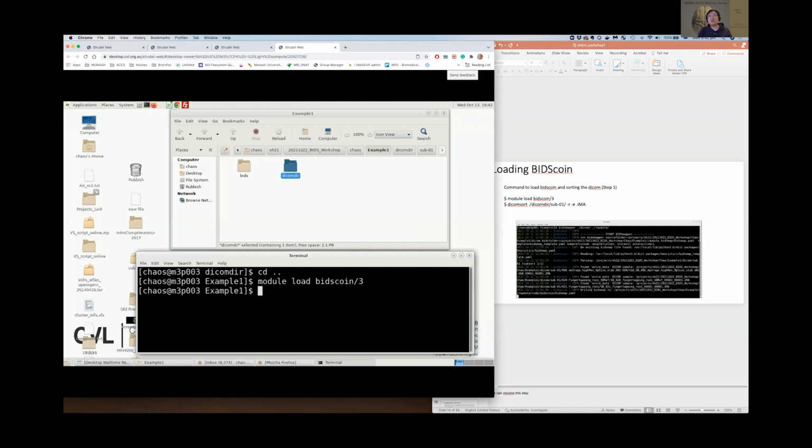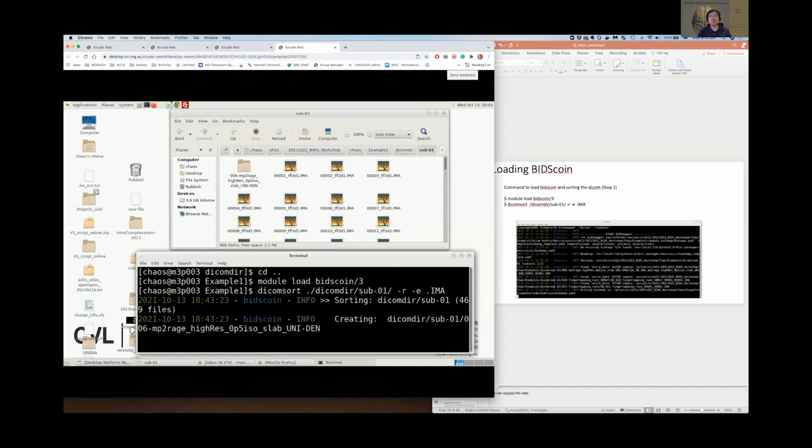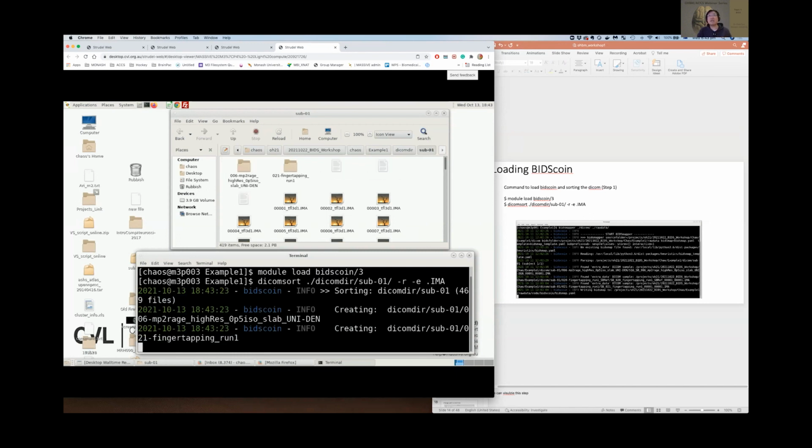Okay, so the next one is just called the DICOM sort. I'll run DICOM sort and point it to exactly that folder. It's subject one, where all of the pages of the books are mixed together. So here's the directory I pointed to, and there are some options, which just means like rename it. You can just remember what it is, and when you type that in, it will sort it. You will see some subfolders created, and the 496 files are reduced in number. They will be chucked into the books, line up properly, and be stapled, and everything's ready for you to do the next step.